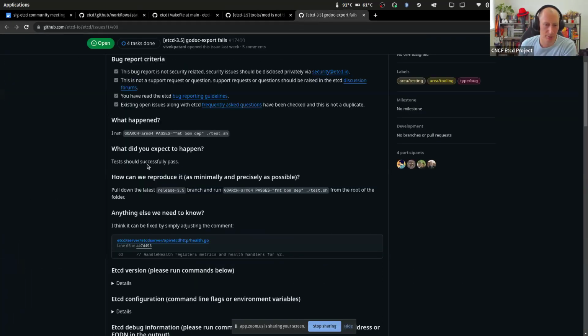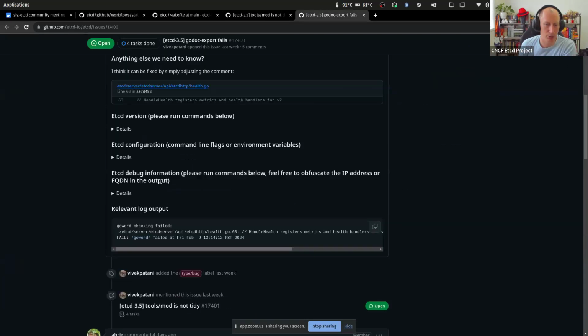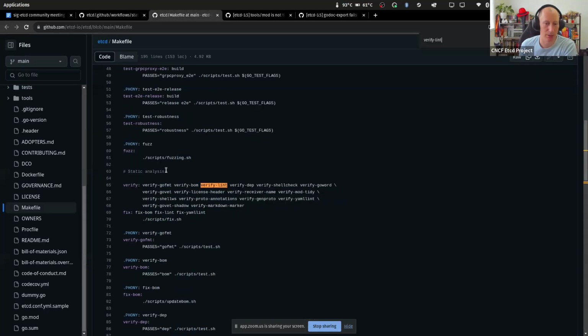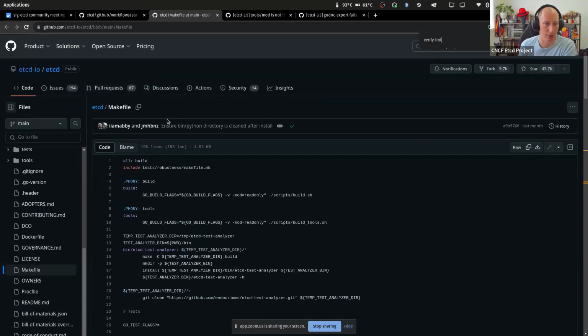The thing that we could do, to make it as minimal as possible, is backport a PR that adds format to the passes declaration, either in the workflow or in the makefile. But I almost think for 3.5, we're going to be supporting it for a long time. It probably